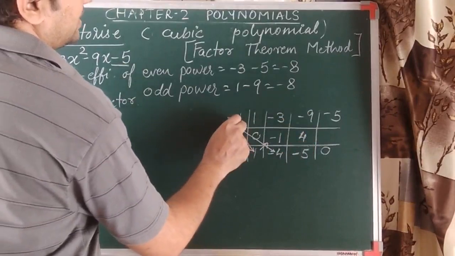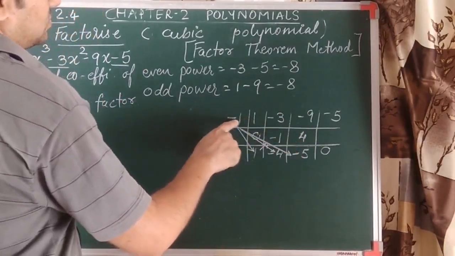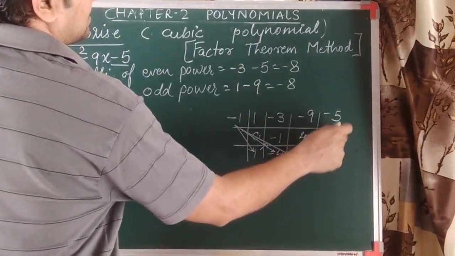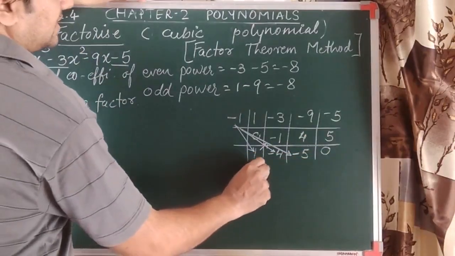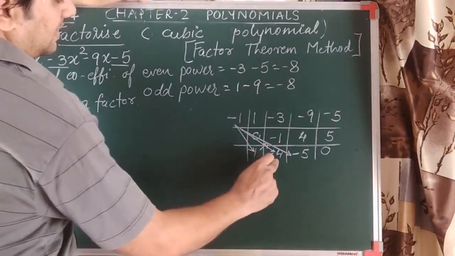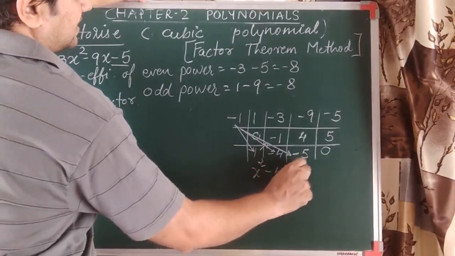Again this value should multiply with x 1. So 5 ones are 5, minus plus. As both are additive inverses, we obtain 0. So now this term is considered as the coefficient of x square, this is the coefficient of x, and this is the constant term.